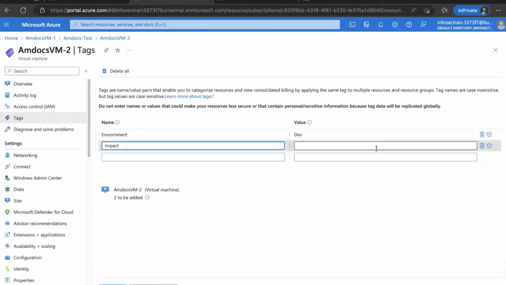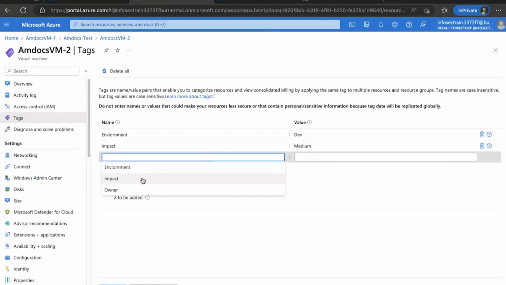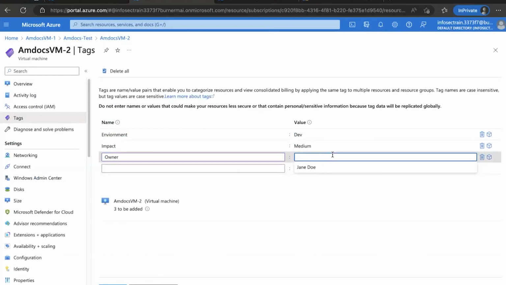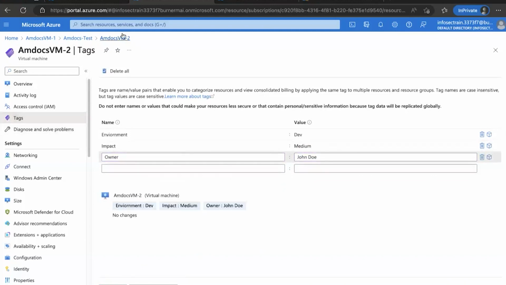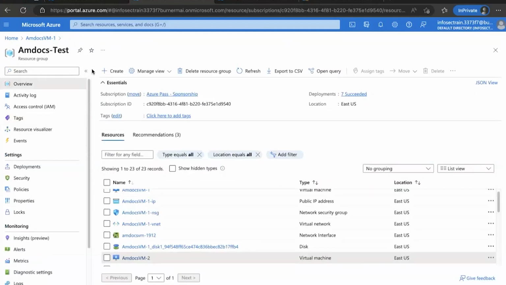Its impact is your medium impact, right? And then there is going to be the owner. It will be John Doe this time. Okay, I'm having something like this. I can apply this one here. Right. So, I can have something like this, keep going on, and 3 to 4, let me add the 3,